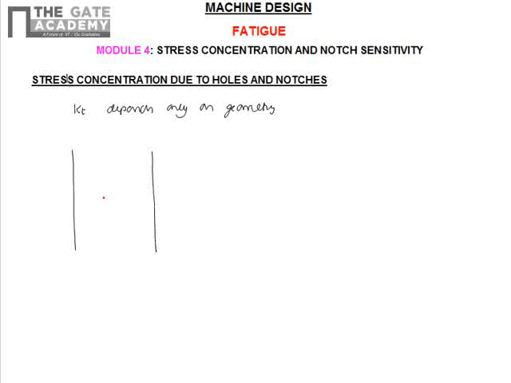Suppose we have a specimen, a rectangular body with a central elliptical hole of size 2a and 2b. Now we will find the stress concentration factor due to holes and notches. For the elliptical hole like this, the body is subjected to a load P acting on both sides. Now we know the nominal stress is given by P by A. For such kinds of cracks or elliptical holes in a body,